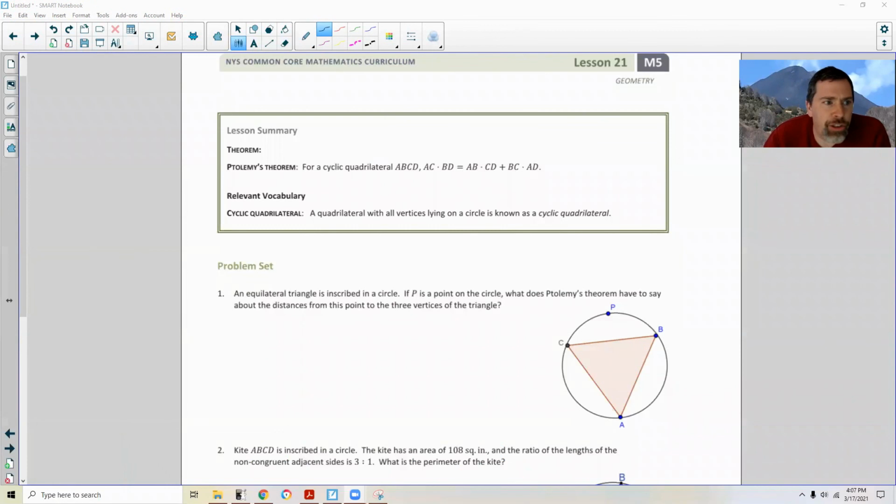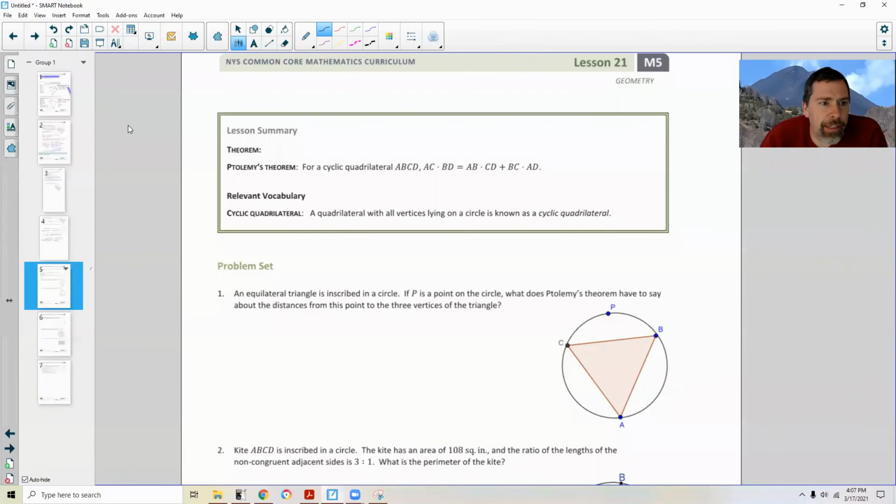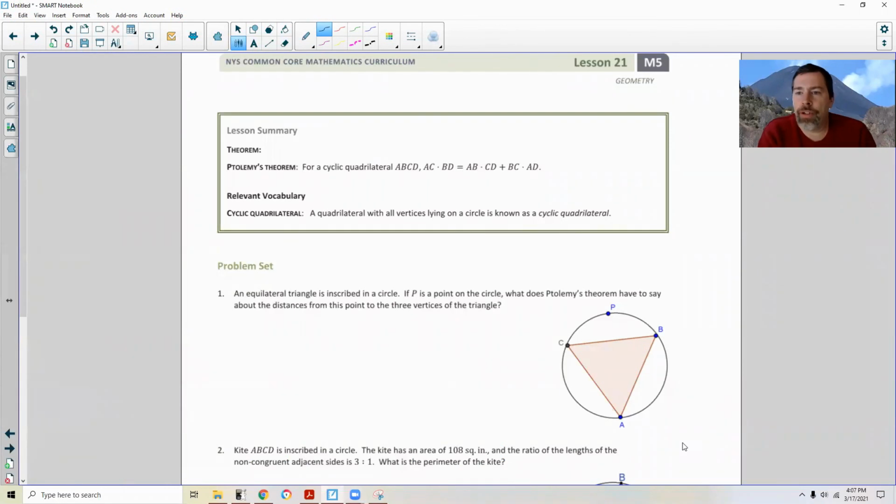Okay, page 5. Lesson 21 is done. Review the lesson summary and go do your problem set. And by the way, you just finished geometry. Whew. Okay, that was a tough lesson to do. I could have done better, I suppose,